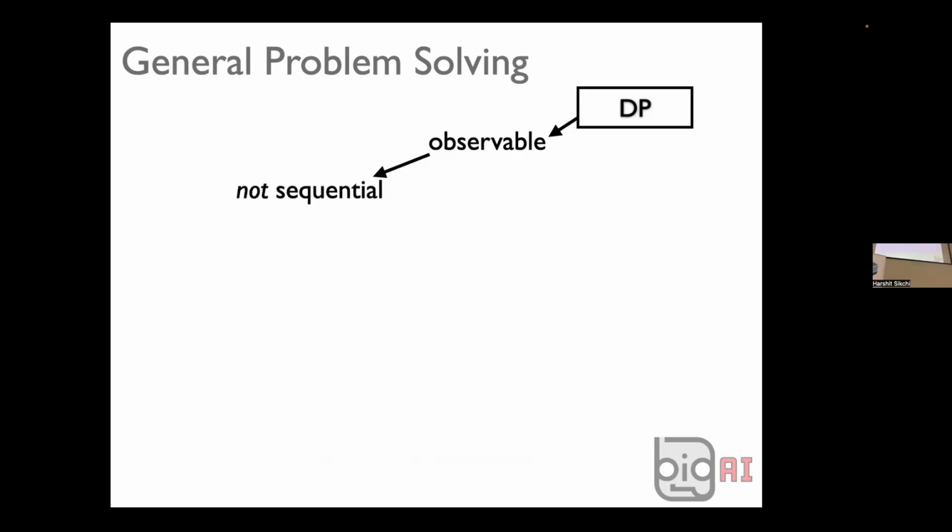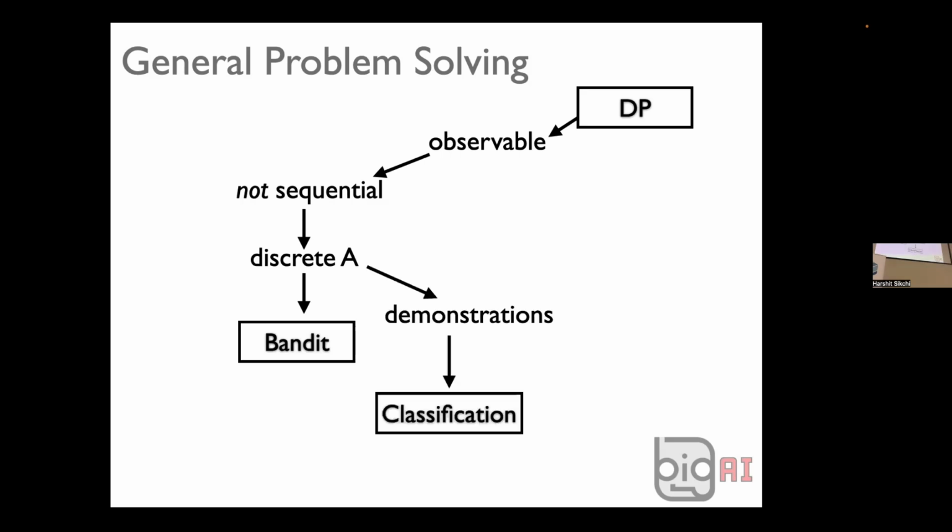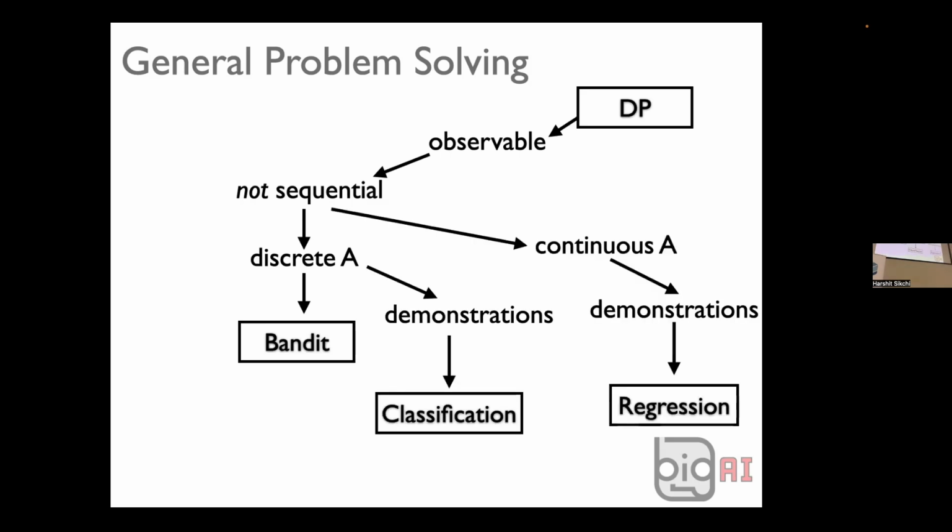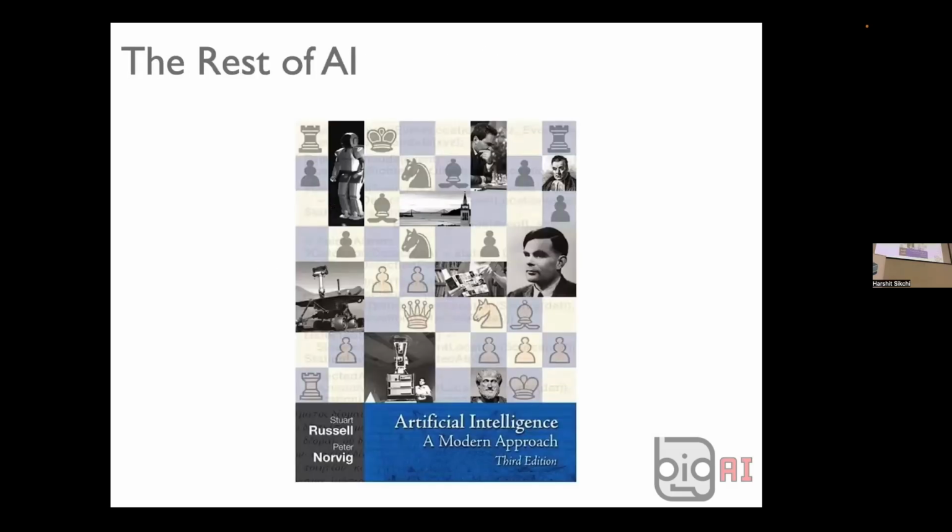Similarly, if you have a decision process that is observable, not sequential, with discrete actions, that is a contextual bandit. And if you have the same data that makes your boundary data classification, and if the actions are real-valued, you have regression. Okay. In fact, if you go through Russell and Norvig, you look at every single thing presented, and the third edition was the last time I did this, so it's probably going to be edited. There are four things that occur in Russell and Norvig. There's a decision process plus foundational structure. There's a piece of math to do, like probabilistic reasoning, which is a tool you use to solve the decision process. There's an application area like computer vision where there's something special about pixels which you exploit to make these algorithms better. They're all decision processes actually.